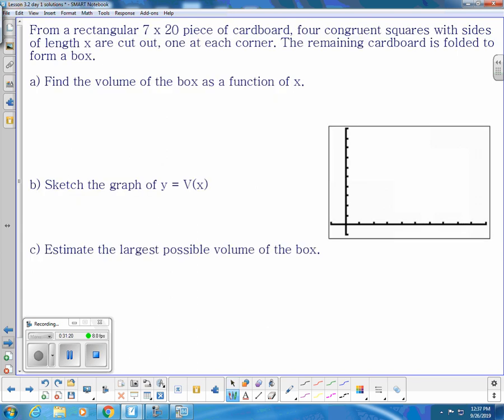Last slide. This was the bonus on the test, a question like this. All right, so we have a piece of cardboard that's 7 by 20. We're going to create a box by cutting out corners. And we fold along the dotted lines and we have a box. So I don't know how much I'm cutting out, so we're going to make those X's. Same amount. We got to cut out squares. So when I fold this guy up,